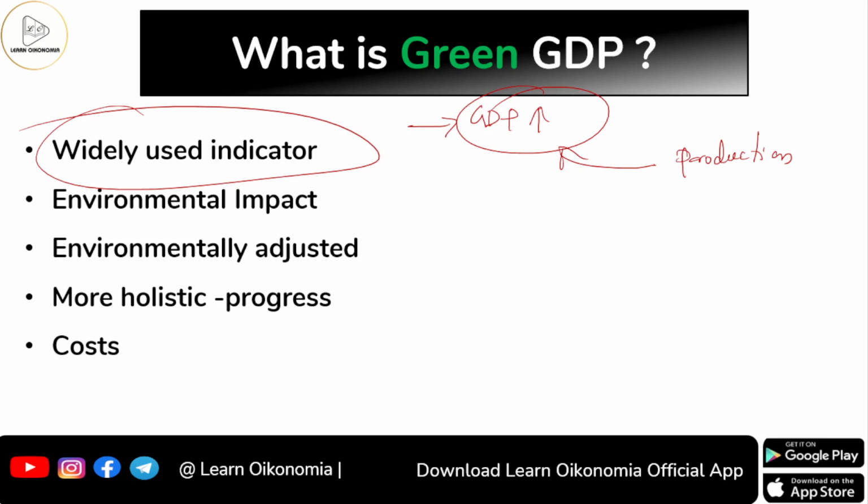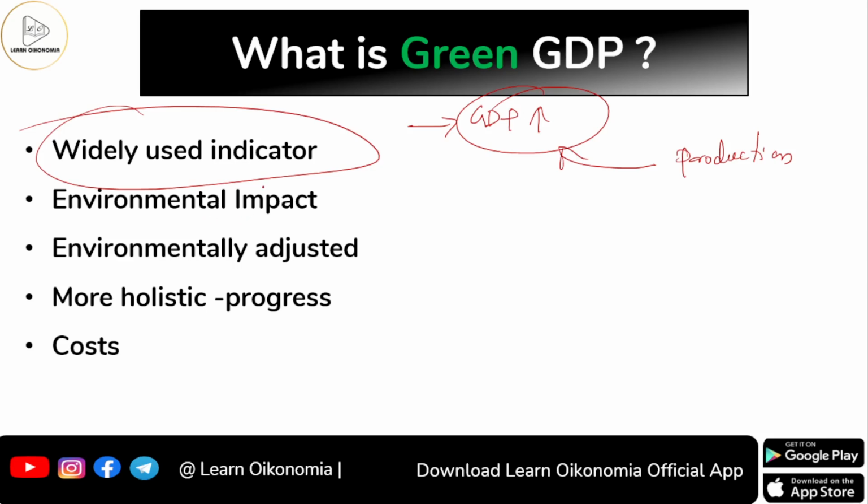Again, you can talk about some industrial production. Just think about a factory. A factory is producing some products for satisfying some needs and wants of its people. But unfortunately, the factory would also be polluting the environment in different ways. It might be leading to land pollution, soil pollution, air pollution, water pollution, and whatnot. Isn't it? So these all are environmental impacts, the environmental impact that comes as a result of production to enhance GDP.